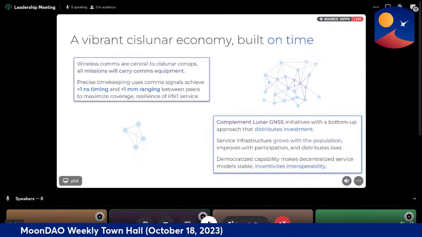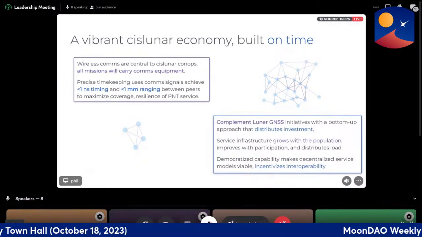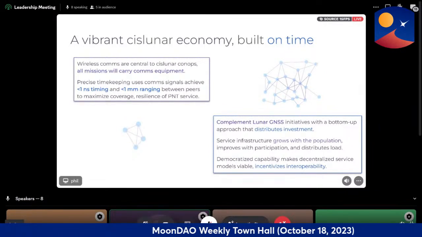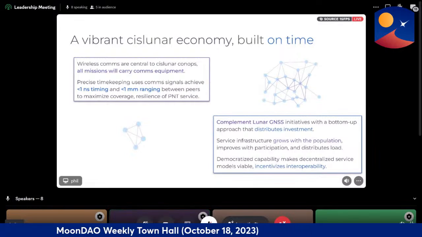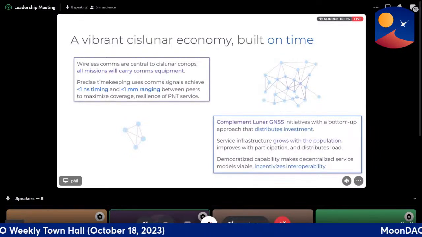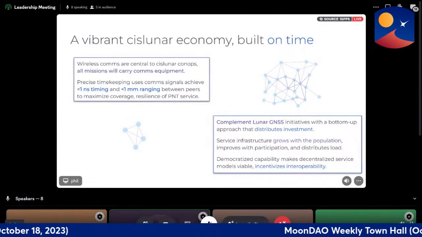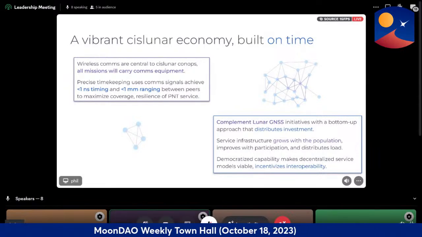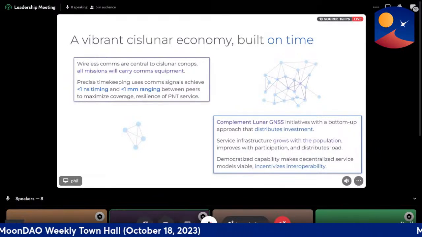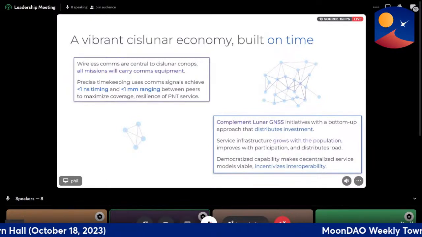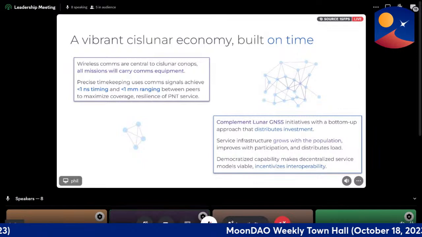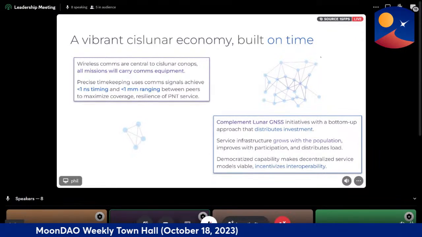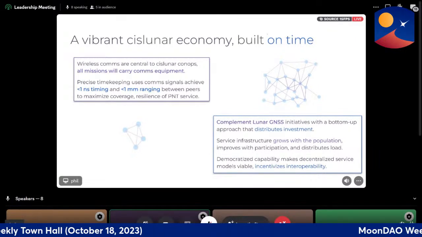What we're proposing is distinct, but it doesn't replace that kind of service. In fact, it complements it, fills in the gaps, and does so as a bottom-up approach that grows with the population. So the first person that's there doesn't have anyone to really talk to, right? But as more people go and land on the moon, go to orbit around the moon, the service grows organically, and we don't have to operate without anything until finally